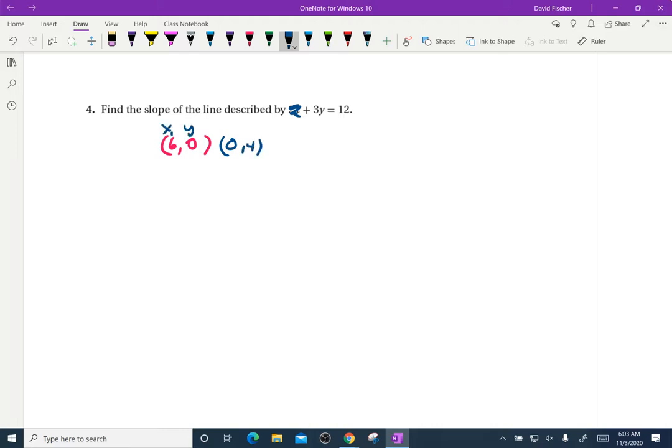X sub 1, y sub 1, x sub 2, y sub 2. M equals y sub 2 minus y sub 1 over x sub 2 minus x sub 1. So I get 4 over negative 6. Okay, but that can be reduced to 2/3. So my slope is